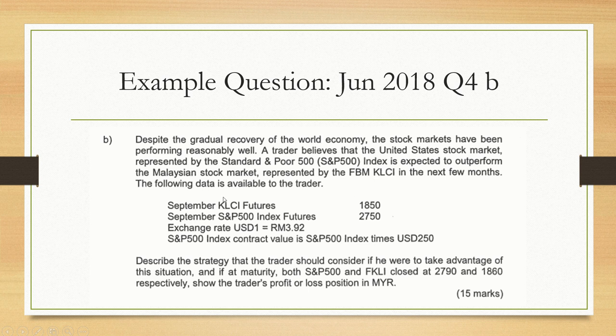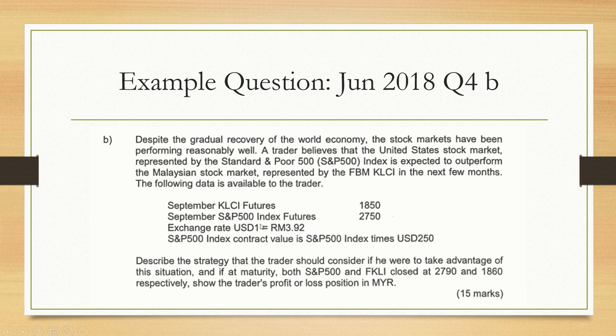So the following data is available to the trader. Given to you the September KLCI futures. Ni soalan ni dia tak tukar, patutnya dia guna September FKLI, but we know this is FKLI because ada word futures kat situ. So the price of September FKLI today is 1850, and the price of September S&P 500 index futures is 2750. And then the exchange rate given to you adalah